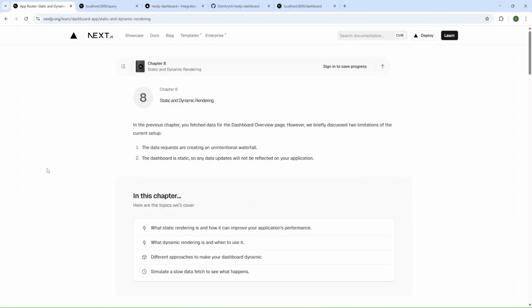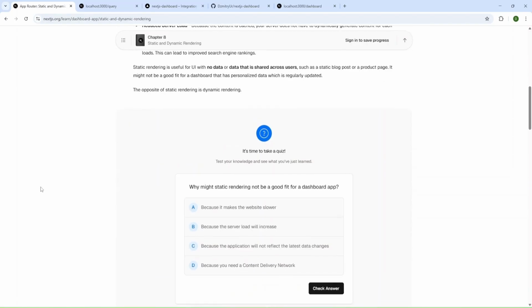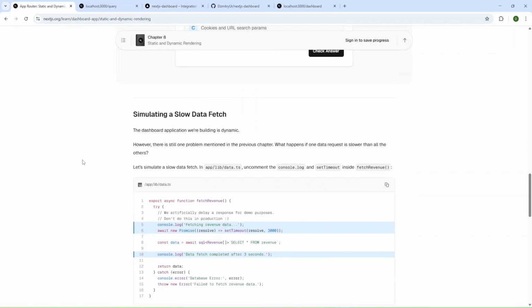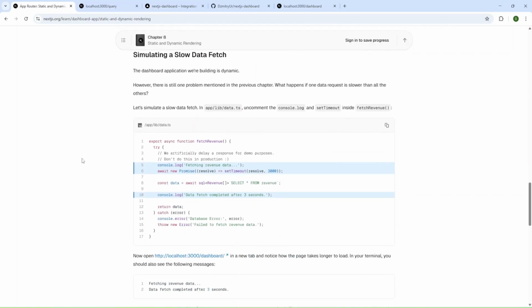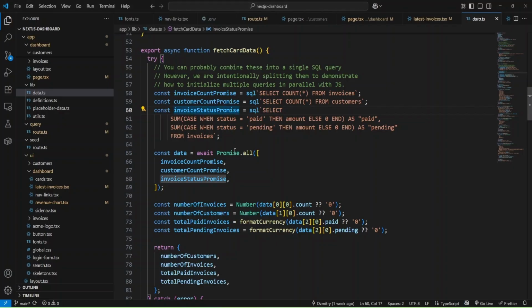And we have chapter 8, static and dynamic rendering. You can read about static rendering, about dynamic rendering, and let's try to simulate a slow data fetch. Okay, I'm going to go to fetch revenue and add some delay.